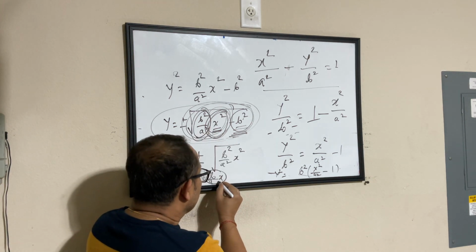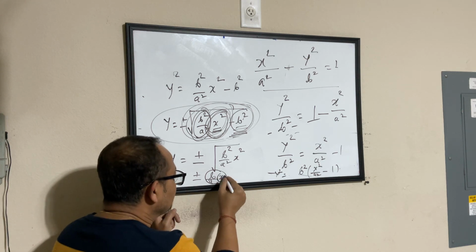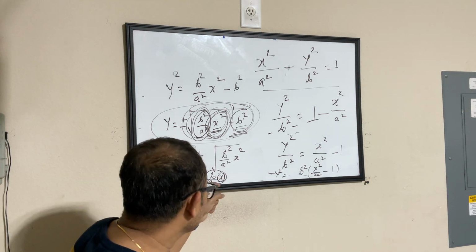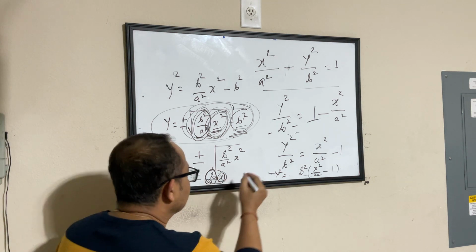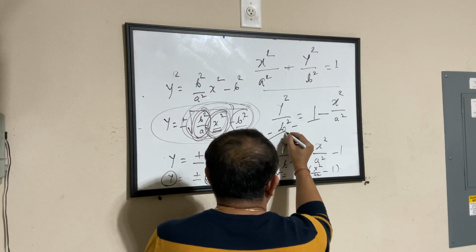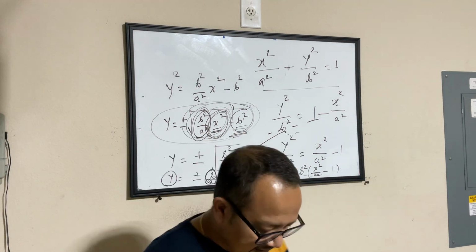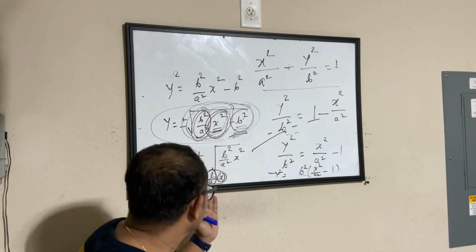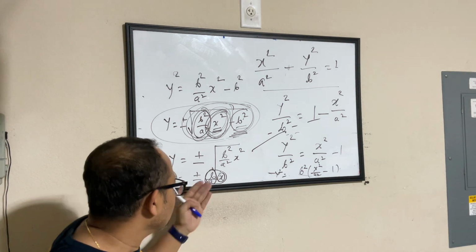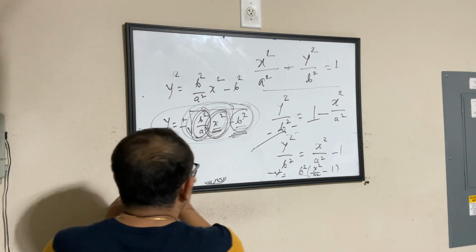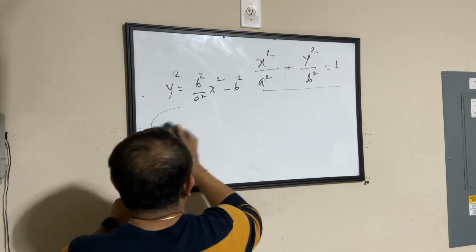Because this says what is the value of y when x is tending towards infinity, and what will be the slope of this hyperbola when we look at the situation when it is tending towards infinity. Okay, so the practical relevance of this y equals plus or minus b by a times x, the asymptote or the slope of this hyperbola, is as simple as saying that,